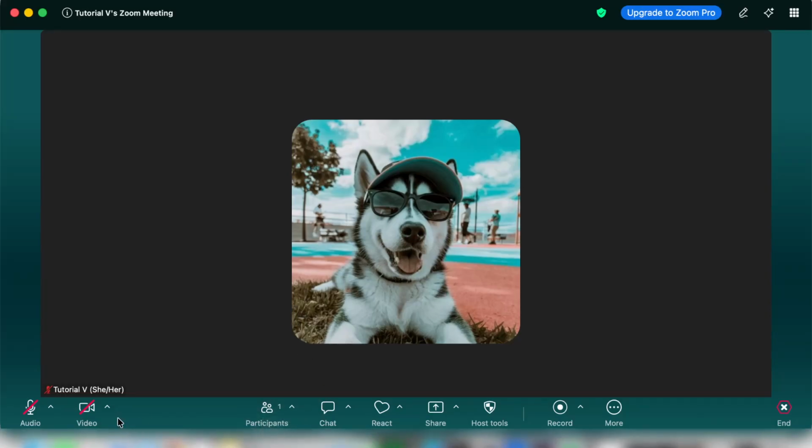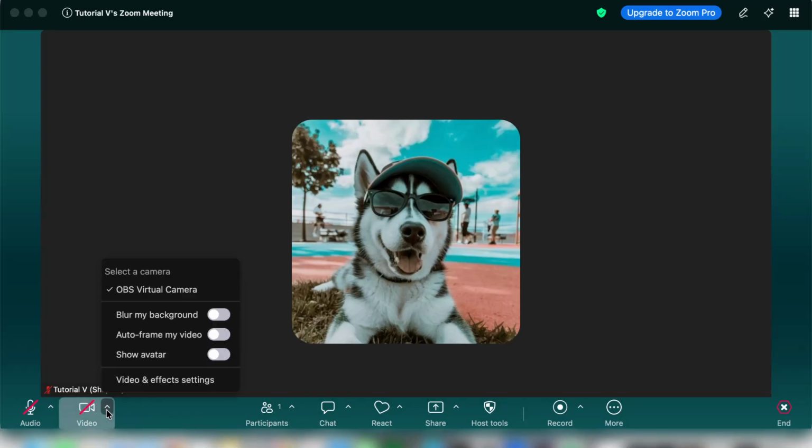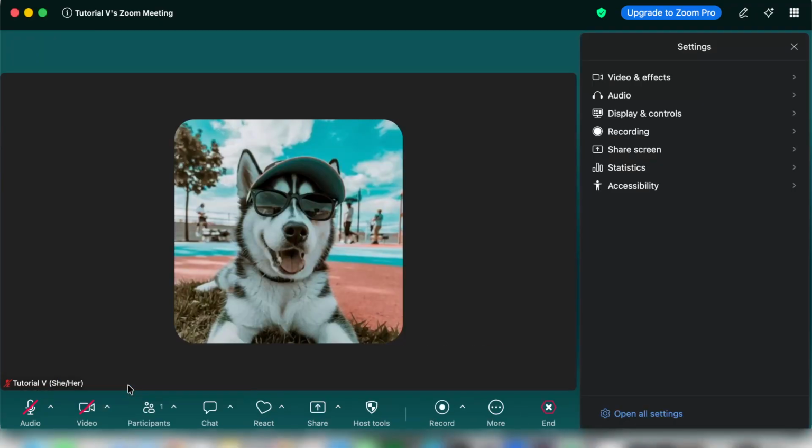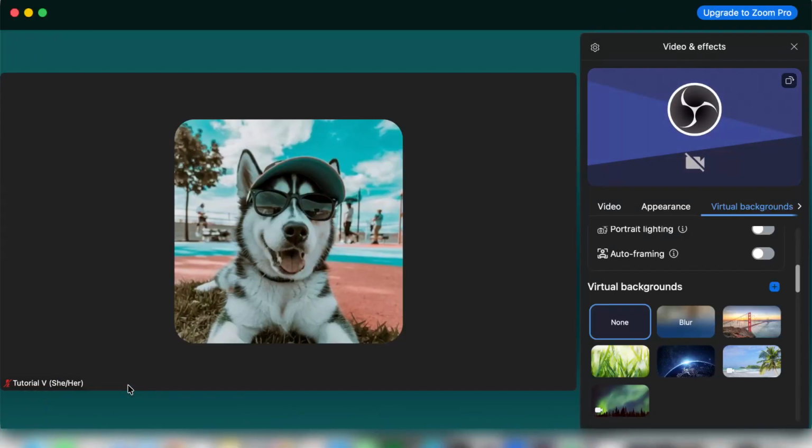This is where the fun begins, and you'll find the background and effects settings that will let you change how others see your video during calls. In this new window, navigate to the section that deals with virtual backgrounds. Here you will see several default options provided by Zoom, but our goal is to use a custom image, so